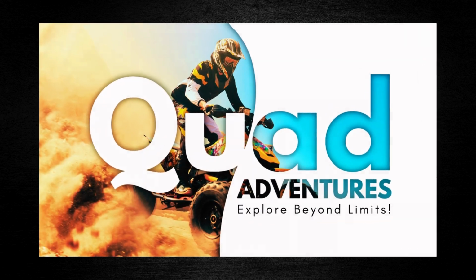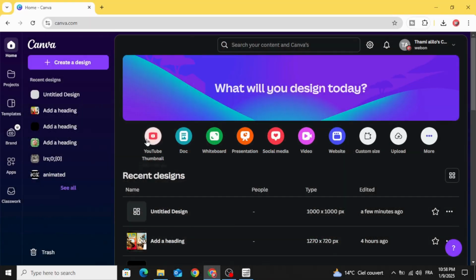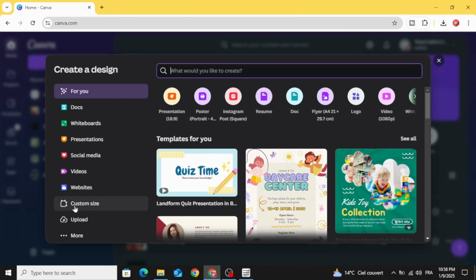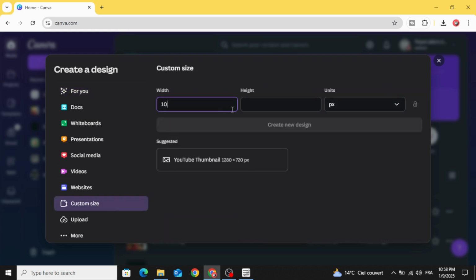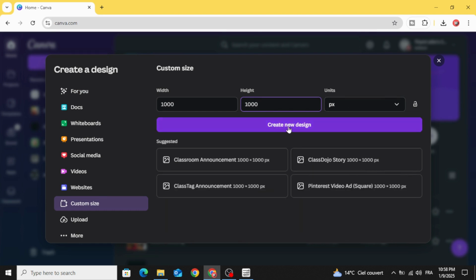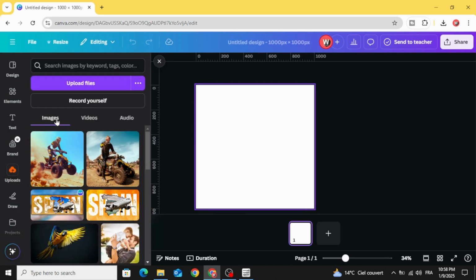Today I'm going to show you how to make these posters using Canva. Go to Canva and click create a design. Go to custom size and let's make 1000 pixel and click create new design and go to uploads, go to images, and after uploading your image